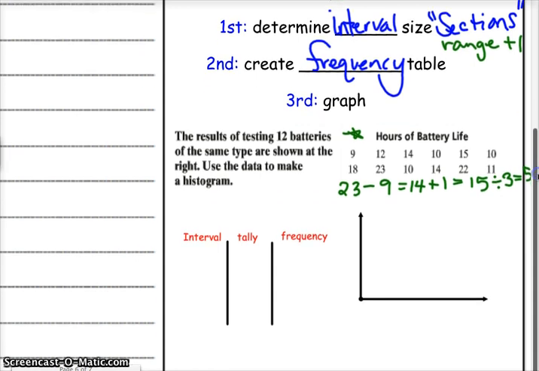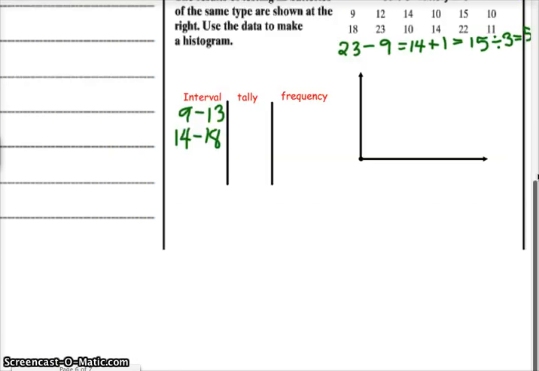Okay? So now I start with my smallest. My interval is going to be from 9 to, now let's count 5, 9, 10, 11, 12, 13. It's going to be from 9 to 13. My next 5 values are going to start at 14, 14, 15, 16, 17, 18. So it's 14 to 18. And then 19, 20, 21, 22, 23. Do not be too proud to use your fingers to help you identify